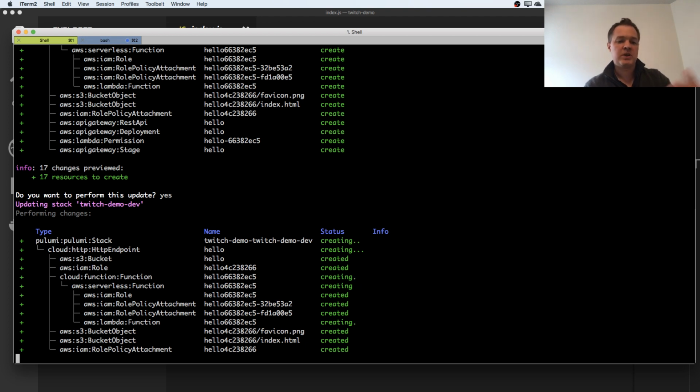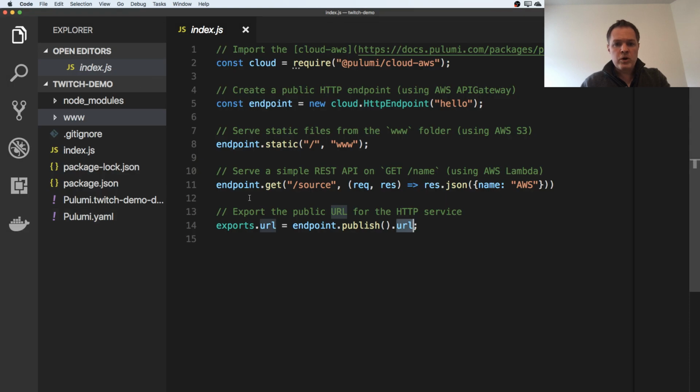And so here we're going, and we can see how these resources are getting created in AWS. It should take just about a minute or so to create all of these, and then we'll dive into what we created. One quick thing to notice here, there's a few interesting things about this code. One is we didn't have to reference all of those individual pieces, the individual AWS Lambda function, the individual AWS S3 bucket. We were able to use just higher level frameworks, and this is a key thing